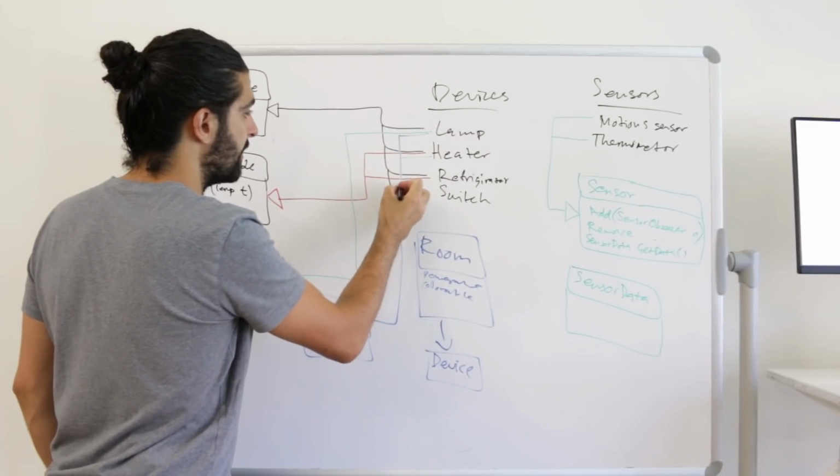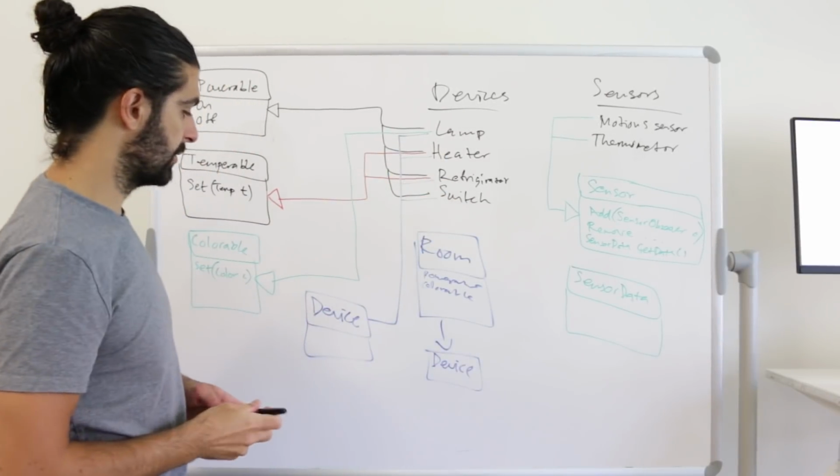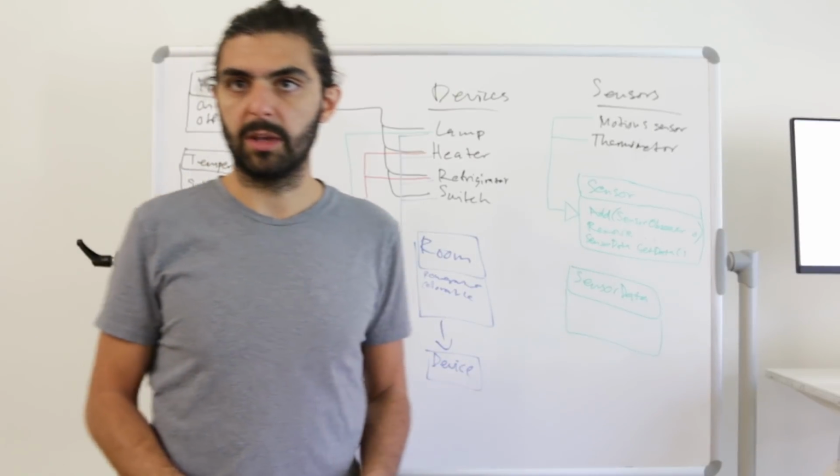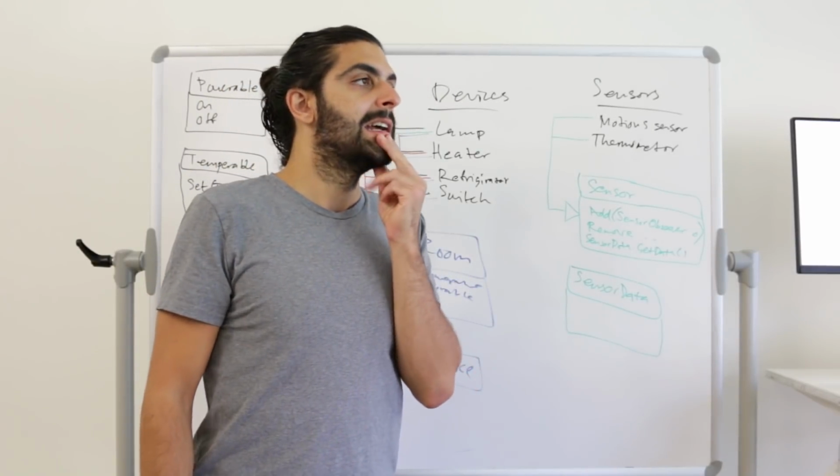Lamps are devices, heaters are devices, refrigerators are devices, and switches are devices. Okay, we're not sure what it does, but we're just saying a room contains devices. So you have this collection of devices. Now,